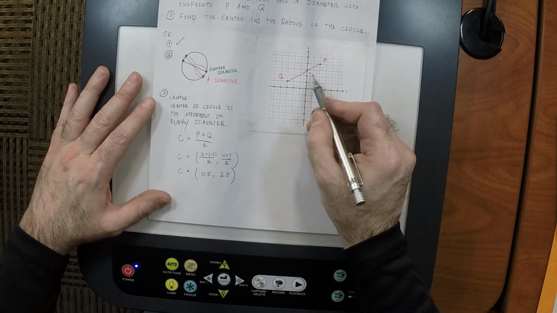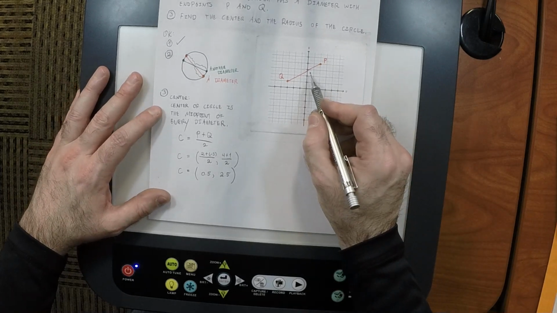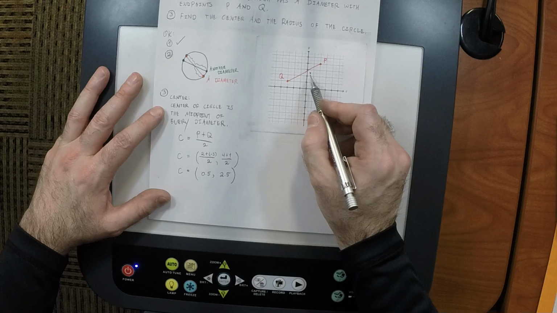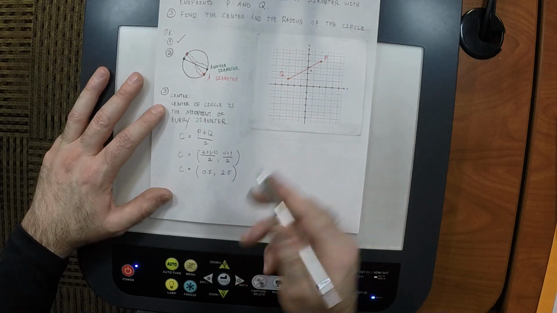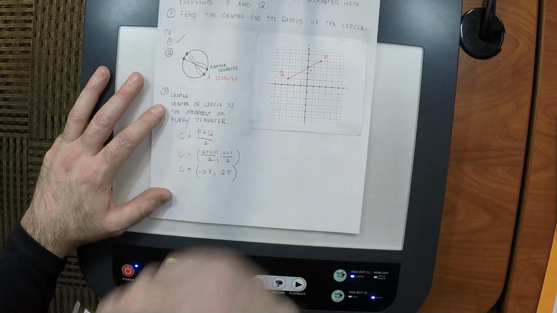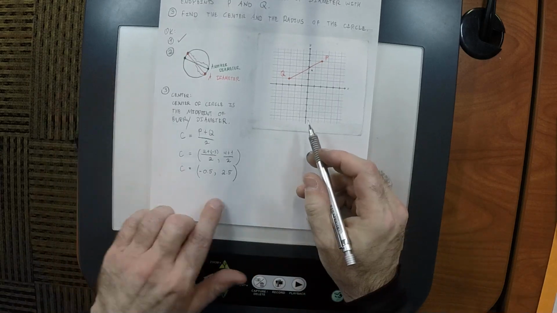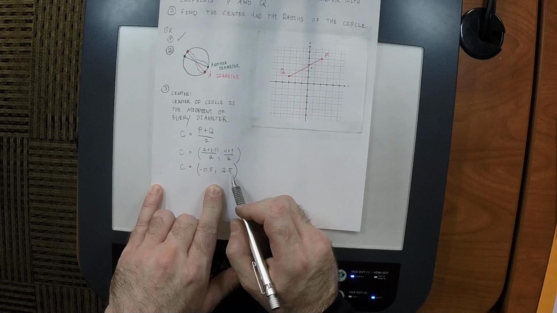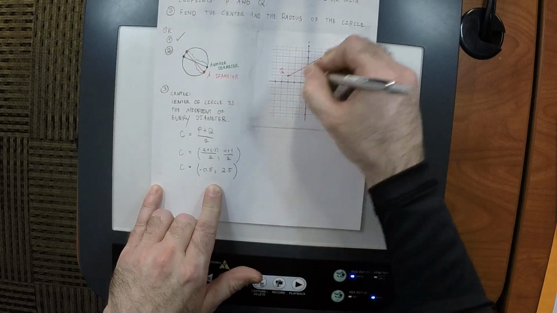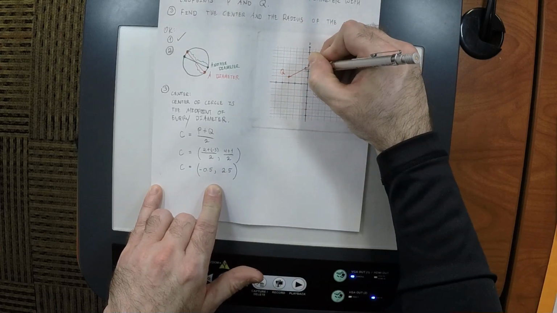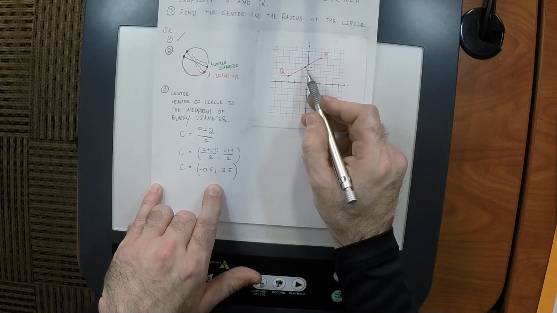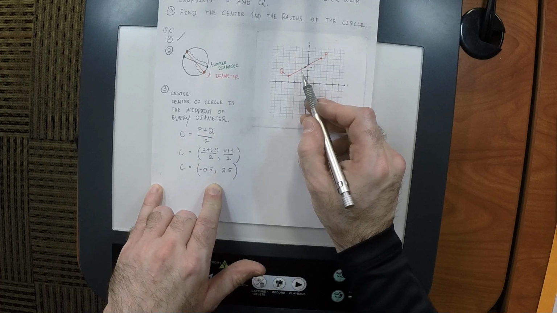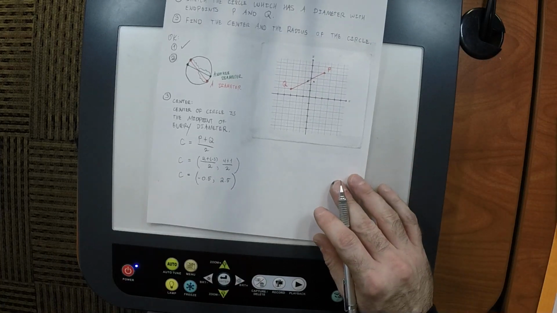So the fact that that point doesn't look like it's in the right place is telling me that I made some kind of calculation error. So go back and check. Oh, look, there it is. That really should be negative half. And then as a double check, now I'll plot that point: left half and then up 2.5. Does that seem right? Yeah, that seems reasonable. Okay. So then, fine.